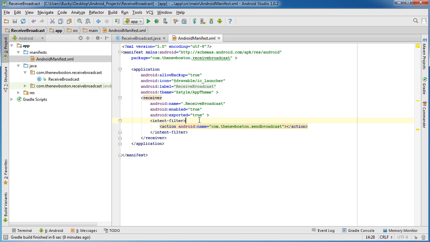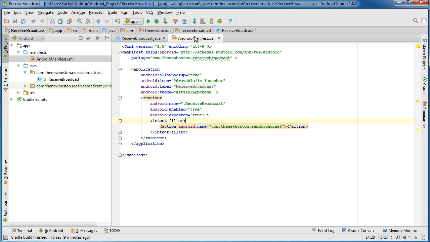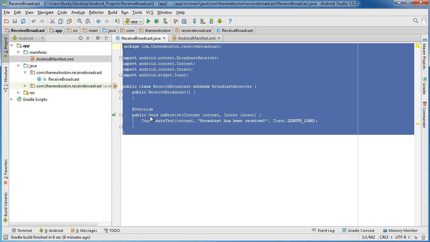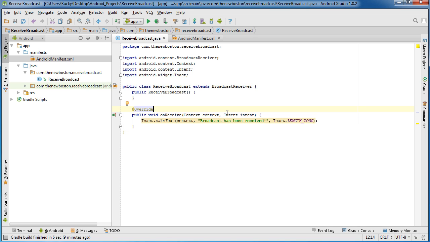And that, ladies and gentlemen, is it. We set up our broadcast receiver, and whenever it receives a broadcast with this keyword, it's going to call onReceive, aka make something pop up on the screen. So the first thing we have to do is run this,